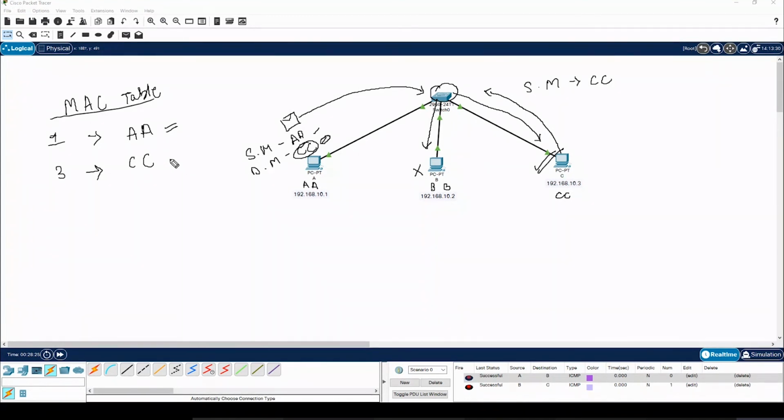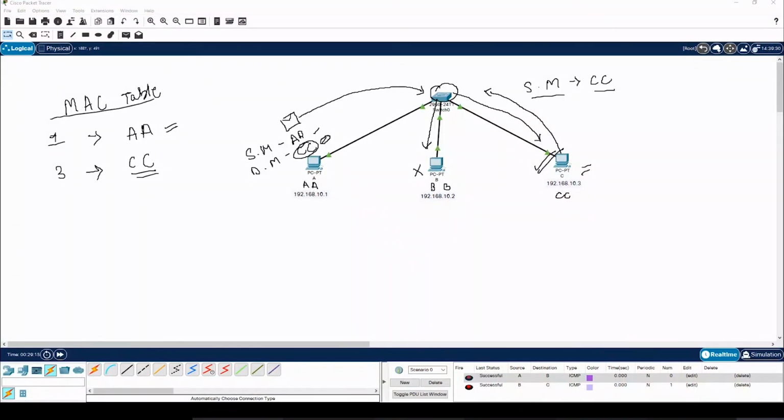Yes, it is ARP, and we will be discussing it later on, but as of now, to make this situation more understandable, I am just giving you an introduction to all this. We will be discussing this deeply, don't worry guys. Now when PCC responds to the request asking whether there is anybody with the MAC address of double C, the source MAC will be double C, since the packet is getting sent from PCC. Now the switch will learn the MAC address of double C. We will discuss ARP later on. Please focus here.